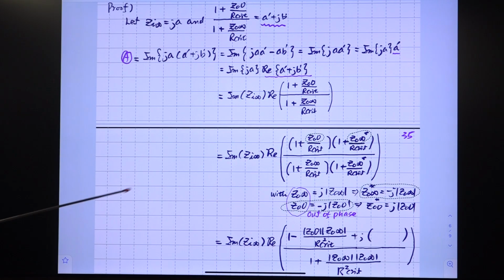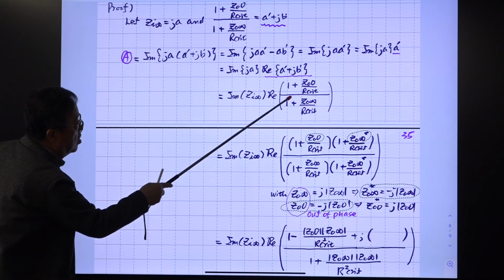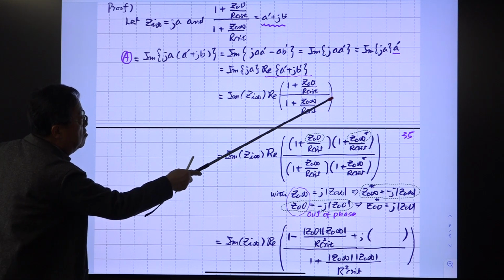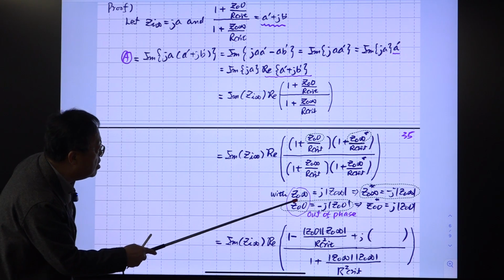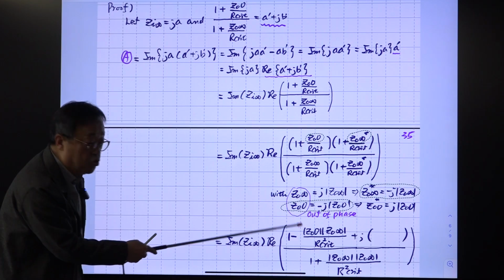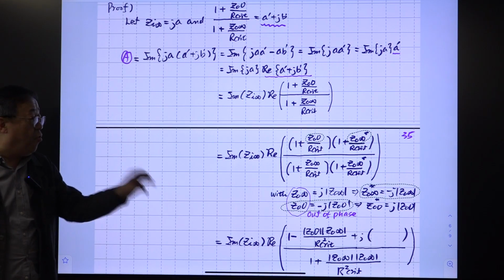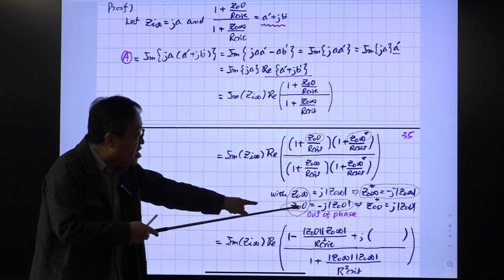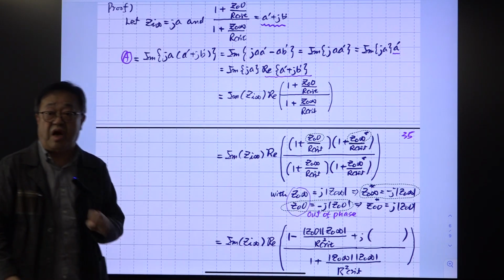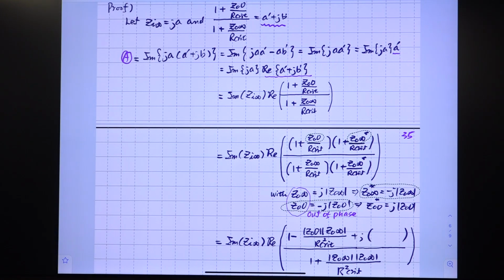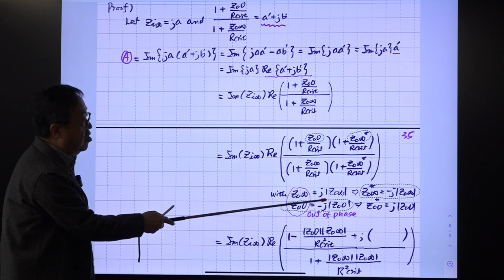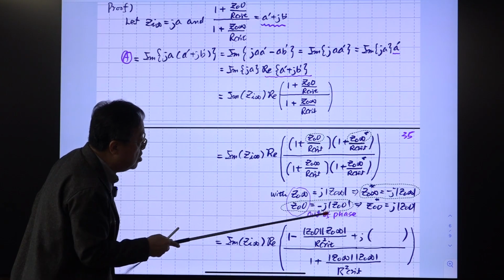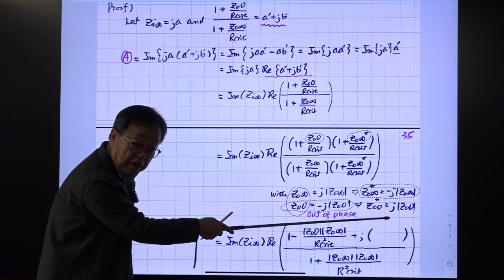So this is the original equation. And we multiply the numerator as well as the denominator by the complex conjugate of the denominator. Then we have this. And GO infinity and GO0 are out of phase. Because we know GI infinity and GI0 at that frequency region are out of phase, the output impedance should be out of phase as well. So we are making use of that. It's j minus j, out of phase. The complex conjugate of this is just putting a minus sign here, which becomes positive j.